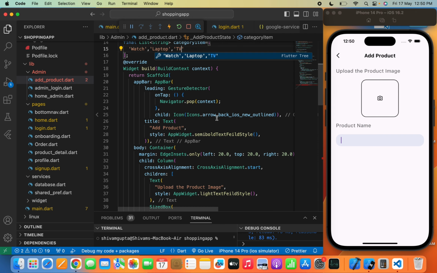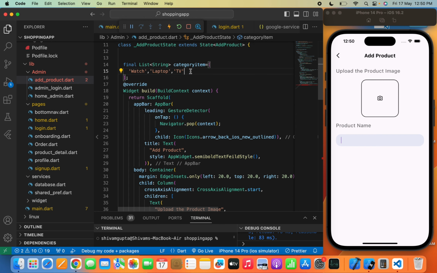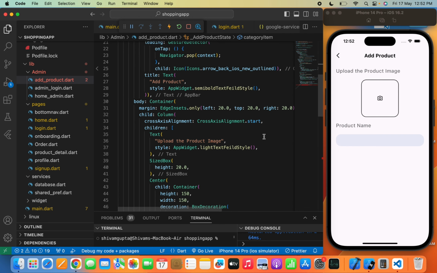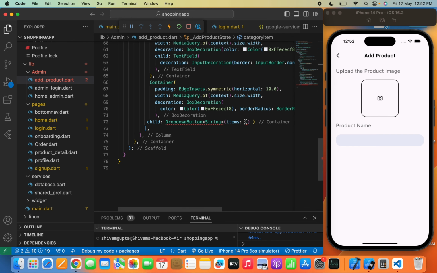I've forgotten what was the fourth category. So let me check. Give me a second. Yeah, I got it. Our fourth category was headphones. So I will simply write headphones. So I have written all four categories over here. Now we need to pass this category. So in the items, I will simply write the category items, which is our list. Now our